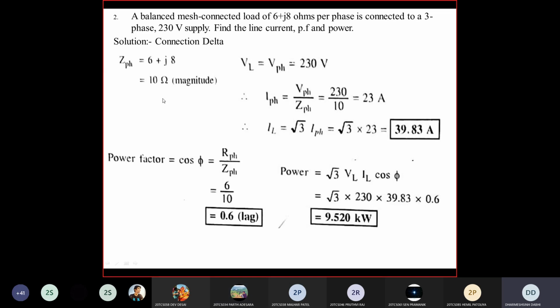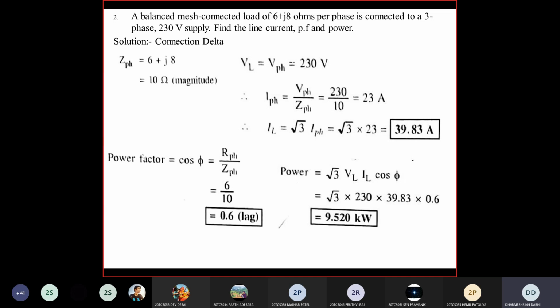Yes, sir. So same here, the resistance given is 6 ohm. Here X is 8. This X is nothing but XL minus XC. And here it is positive, it means it is an inductive load, and that's why here we write it is a lagging power factor. Here, remember these basic things. Okay, it is very important. Clear all of you this example? Is there any doubt?